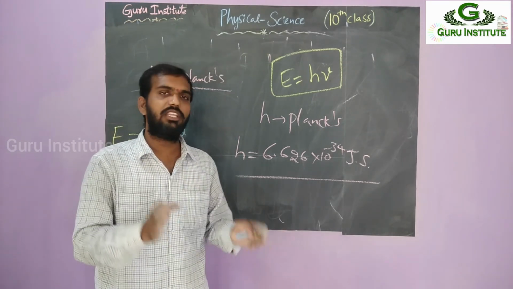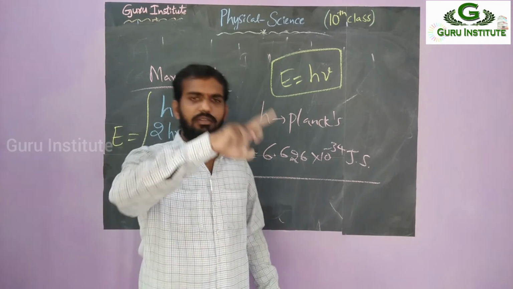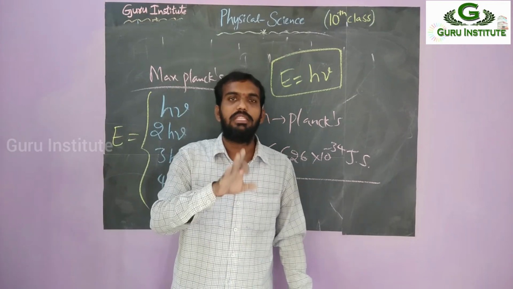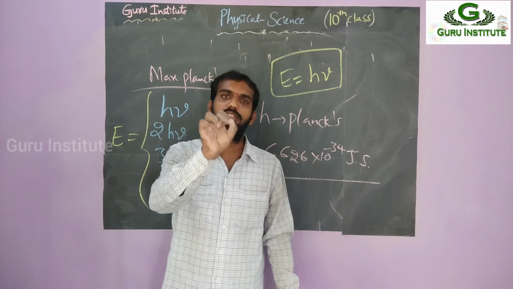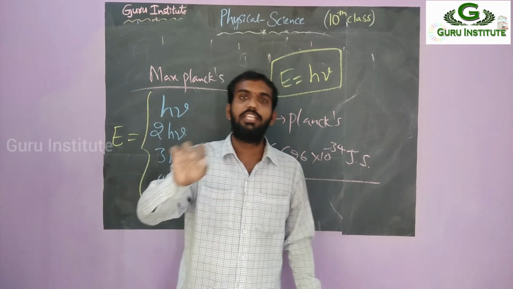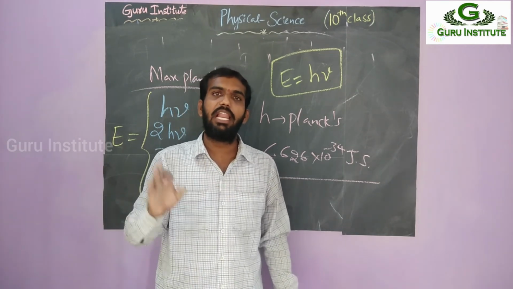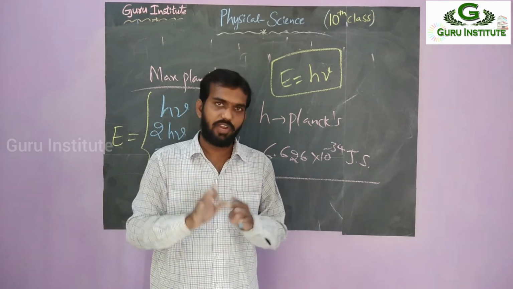Bohr gave the conclusion for atomic structure. According to him, the atom is of spherical shape. At the center is the nucleus, where protons and neutrons are present. Electrons are revolving around the nucleus in fixed orbits. So they are called stationary orbits. They are named K, L, M, N. But this is not a final model.